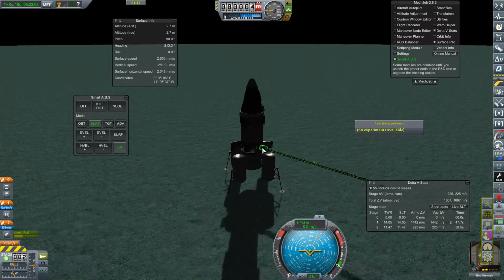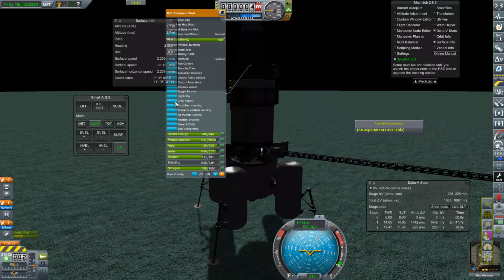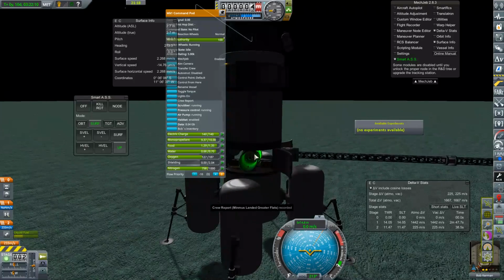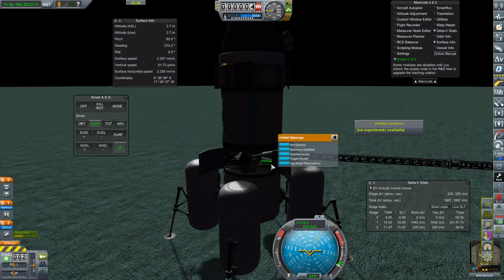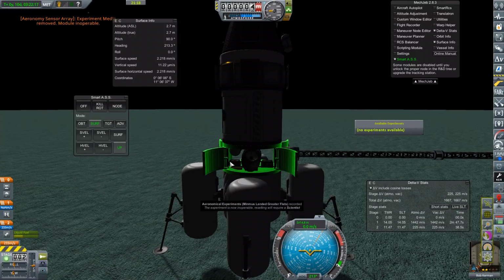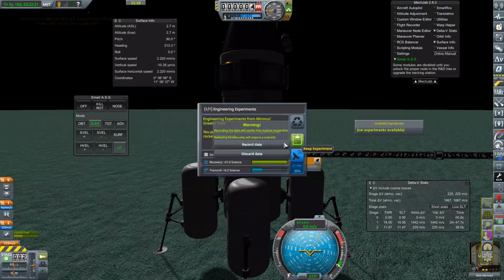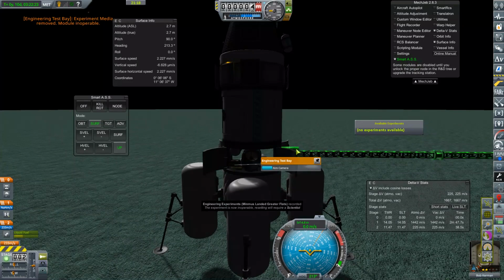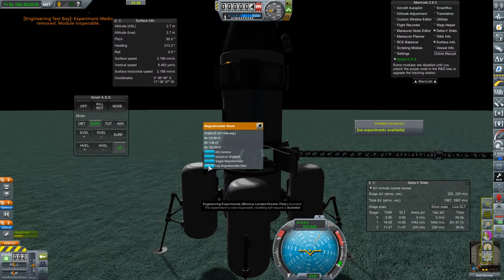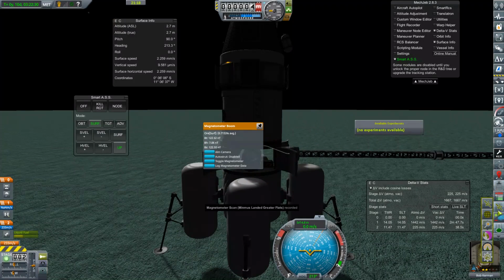Cool. All right, let's do some science again. I think I forgot to do a crew report on our last touchdown, so let's do that right now before I forget. So we are on the Greater Flats. That one doesn't do anything for us here, so we'll record that. Keep experiment. Record that. Keep experiment. And we're going to log that. Keep experiment. Wondering why our...